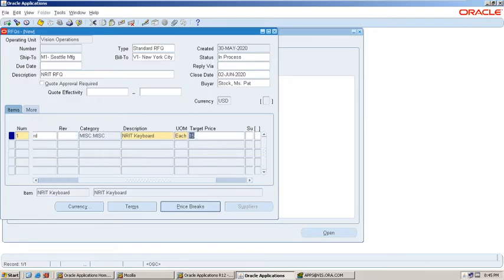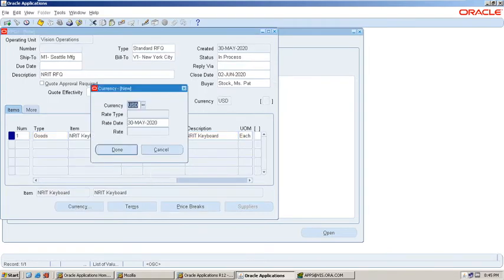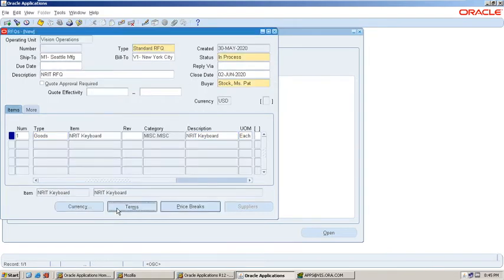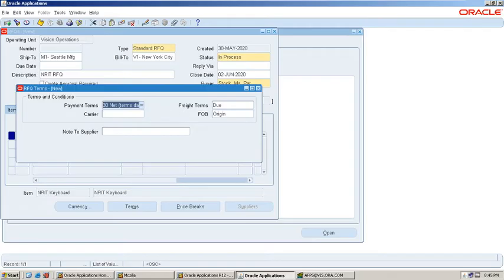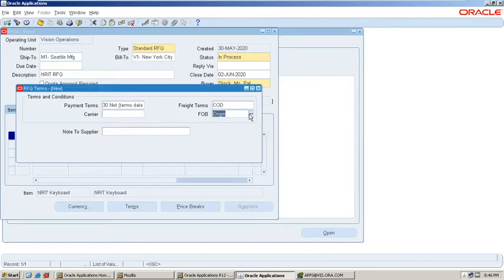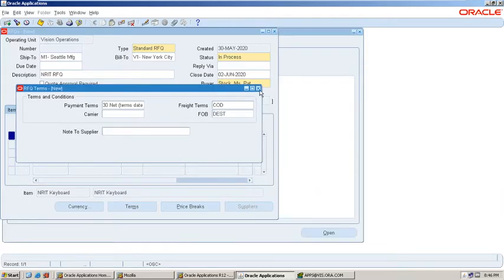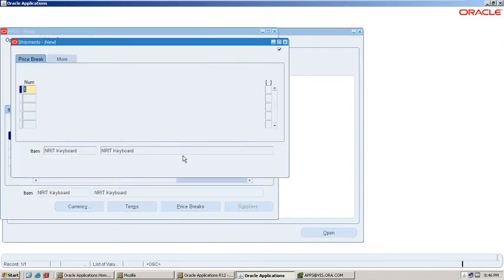You can see the target price as 15, which we defined at the first step at the inventory level. Now click on currencies, USD, and terms 30, freight terms cash on delivery, and FOB, it's a destination organization, and then close, price breaks.